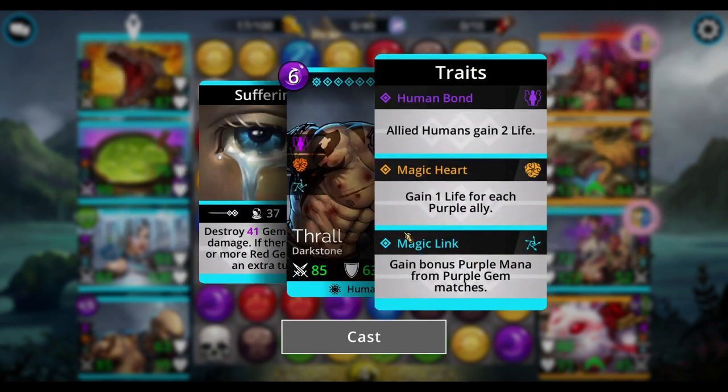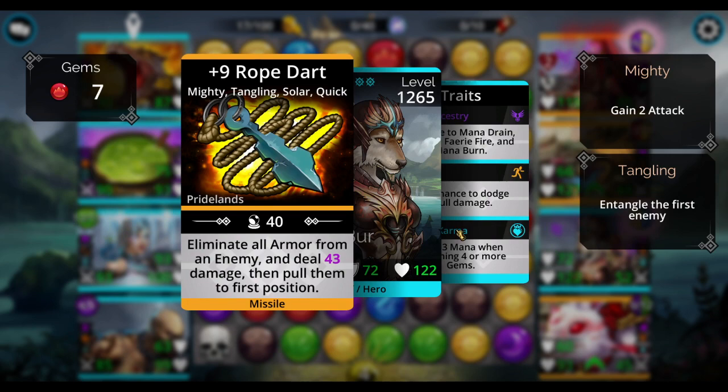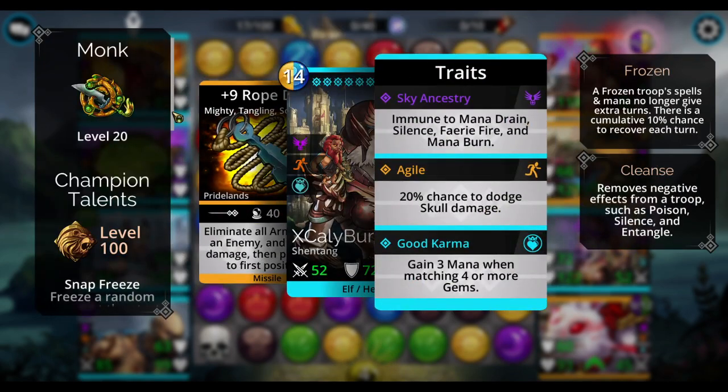But there is a link, just like the nature link with the Leprechaun. We've got a magic link for extra purple mana with this troop, which is nice. So let me see. My attack is 90%. 90% chance to devour with this, but we have to be sure that they are not immune to